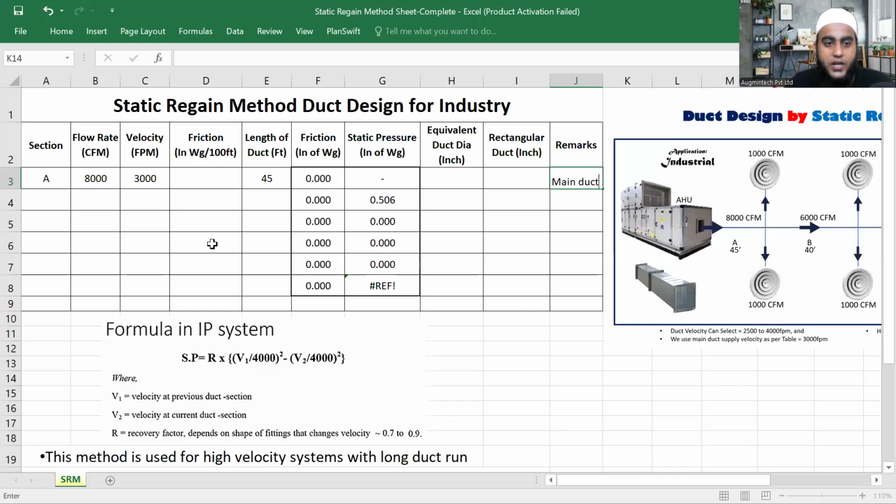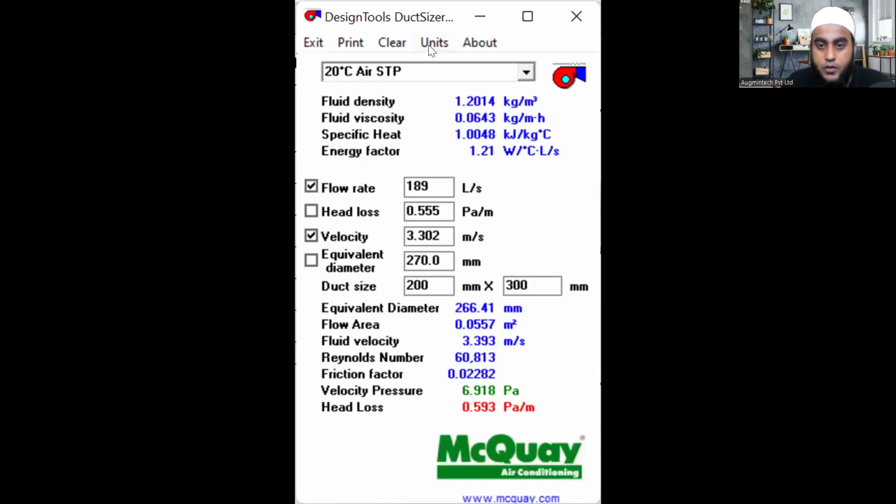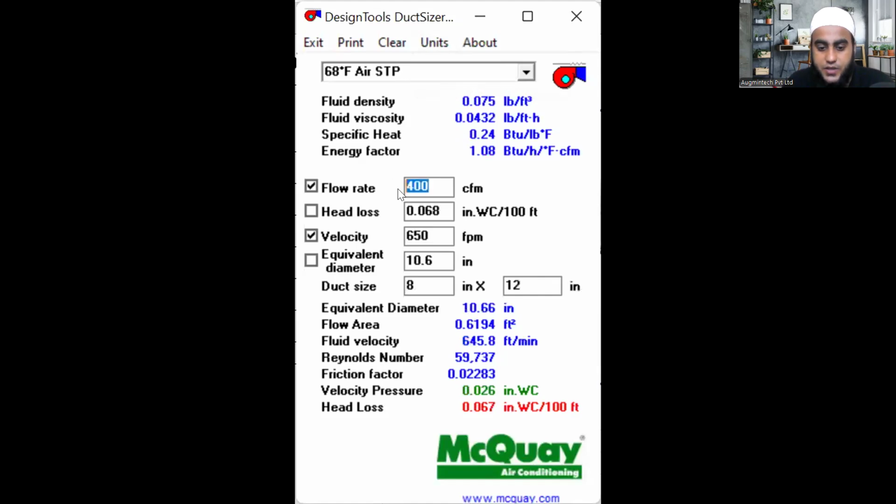Now let's open the duct sizer software. Try to understand, all of you, how we find the size. First, I'm changing the unit to IP. Flow rate is 8000, which I have written. Velocity we are maintaining is 3000 in the A section. In the start we know the maximum is 3000, but in the next section we don't know how much velocity. So how will you get this idea? When we have selected 8000 CFM and velocity 3000 FPM,